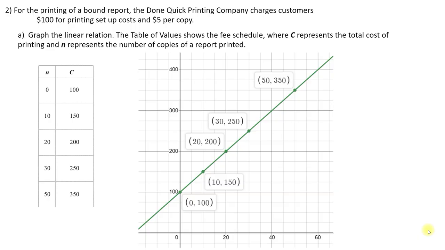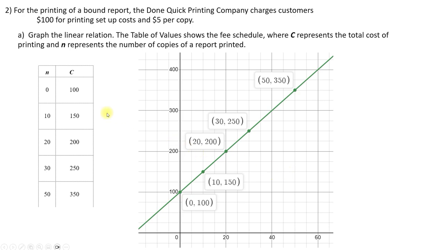So we can see that right at the 0 mark here, and from the table of values, that the cost is already $100. And we can see that for every copy,